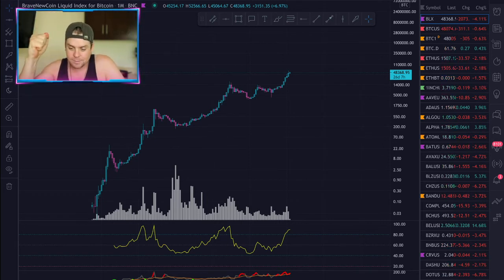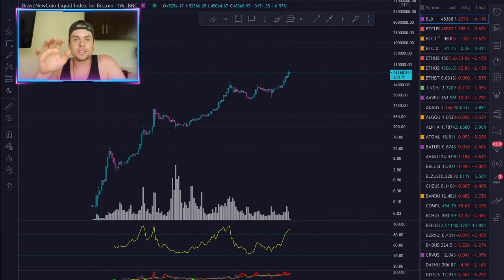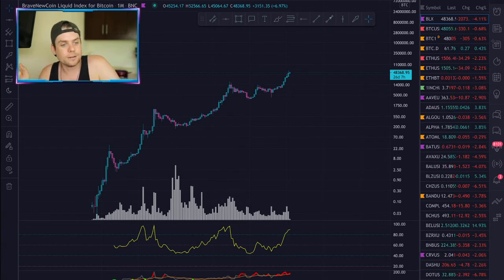This is the paradigm shift. We are going to go to the moon forever. That is the end of the bull market. If people are still scared, if retail is still scared, you're fine. Don't be scared when retail is scared, okay? Everything you do in this market needs to be counterintuitive.